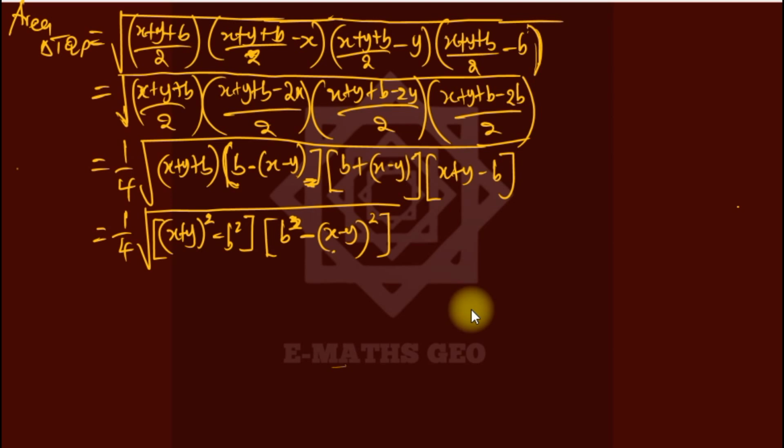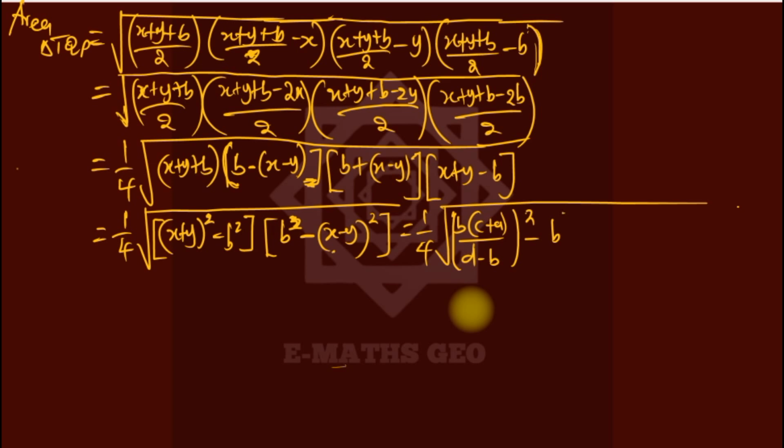So we now substitute. So this is now equal to 1 over 4 the square root of, substitute s plus y, which is now b(c + a)/(d − b) all squared, minus b squared, so that's it, times b squared minus x minus y all squared, which is now b(c − a)/(d + b) all squared. Okay,